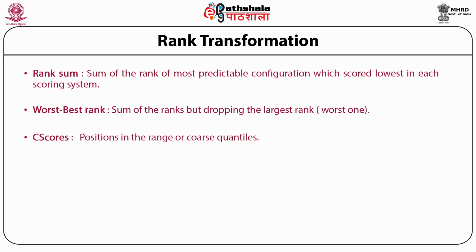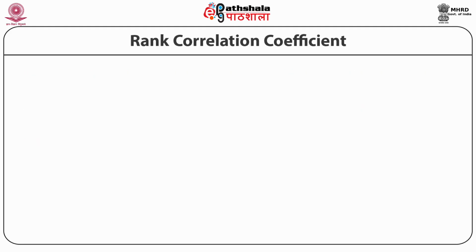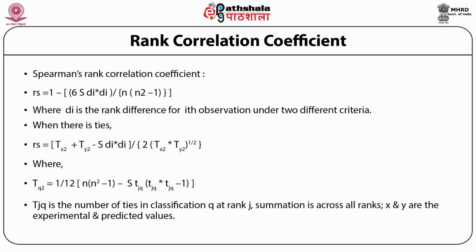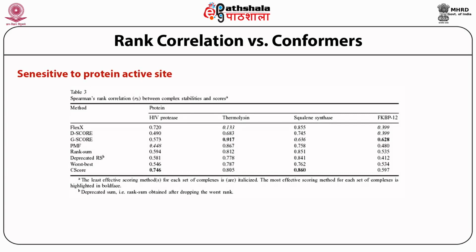Now we can do this C-scoring for both of those positions. In the whole quantiles also we can do the rank correlation coefficient. Actually, we can calculate even the rank correlation coefficient given by these values. Here we show, using all these functions and the C-scores, how sensitive it is to the protein active site and other nature. What we noticed, if we look at the table shown here, you would notice the bold ones are the best, the ones where scoring has been done almost similar, nearest to the Spearman rank coefficient, nearest to the crystal structure.